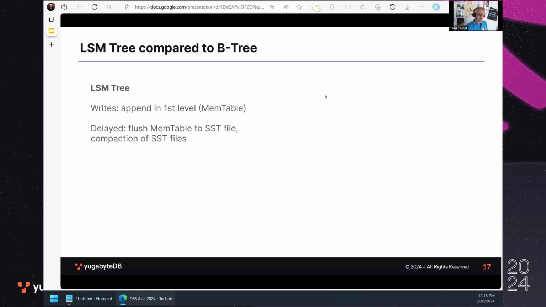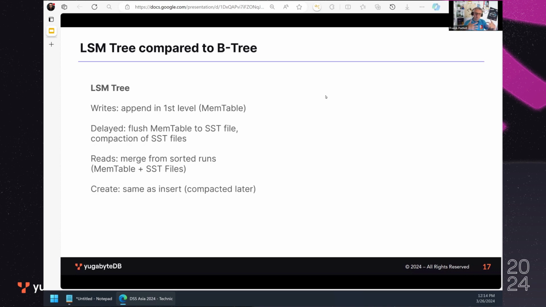but the writes can continue on another memory table. And at some point you have many SST files, and they are compacted to maybe bigger, but a smaller number of SST files. And when it reads from the LSM tree, what RocksDB does is merging from multiple SST files. Each of them is sorted, same as the memory table, and then it can read from all of them, kind of a merge happens,